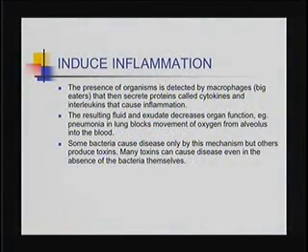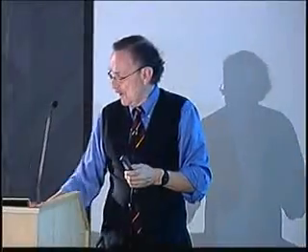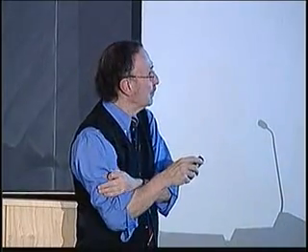Now, some bacteria cause disease solely by producing inflammation. Others produce disease by producing toxins, and many of the toxins cause disease by themselves, even in the absence of the bacteria themselves, and I'm about to describe how that happens. So we're now moving to the last phase of the talk, and that is to talk about how the toxins